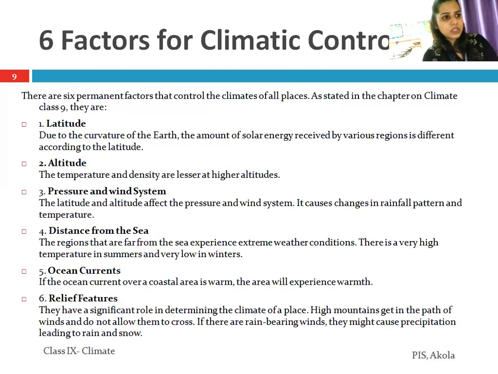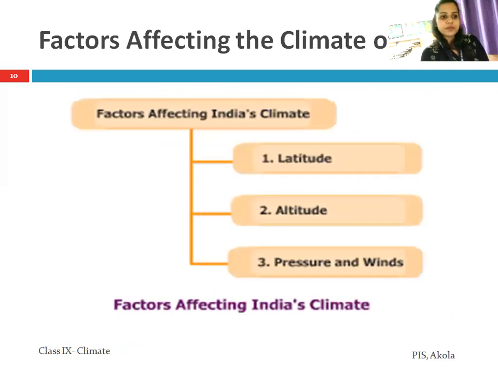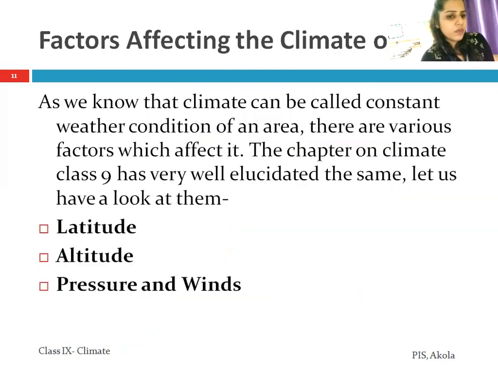Just to revise, children, pressure and winds are again connected with altitude and latitude because they cause the change in the rainfall pattern and temperature. So the 3 factors that affect the Indian climate are latitude, altitude, and pressure and winds. Moving ahead,